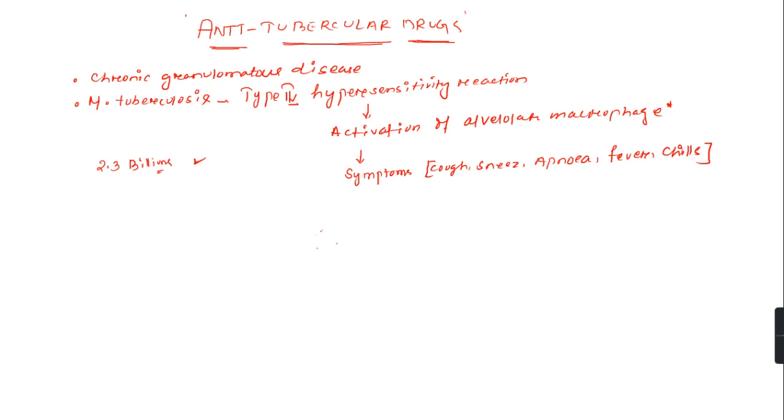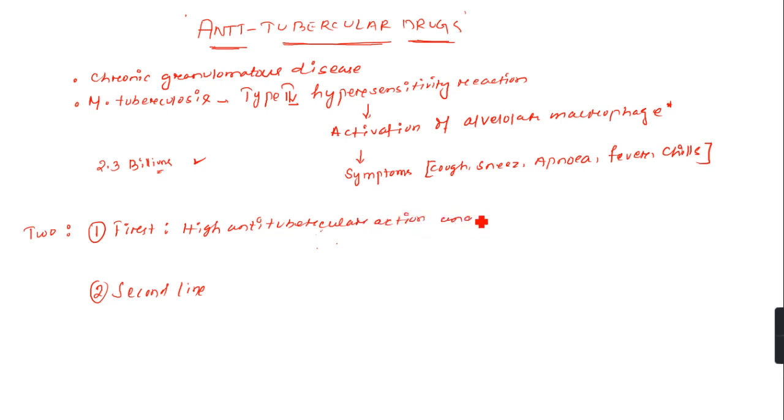If we talk about drugs, we have two types of anti-tubercular drugs: first line and second line. How will you distinguish between first line and second line? First line drugs have high anti-tubercular action and low